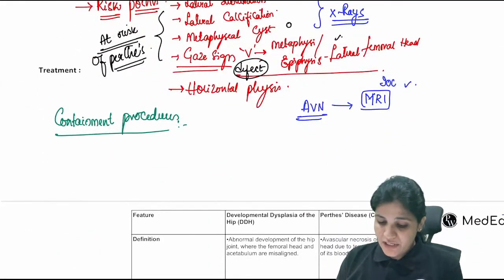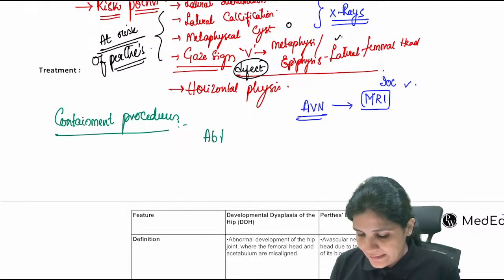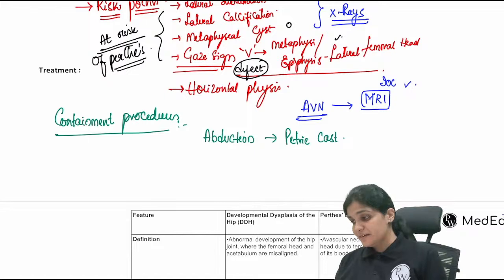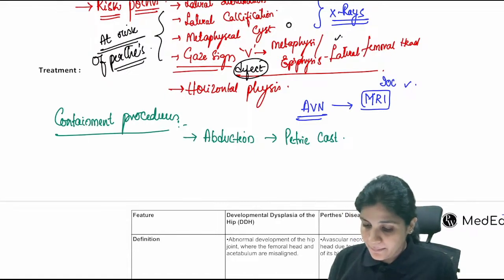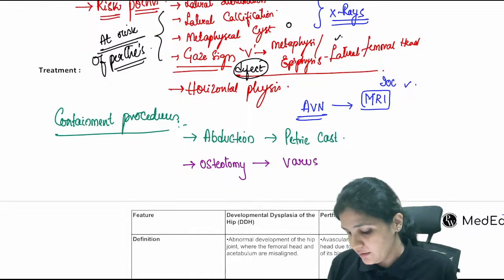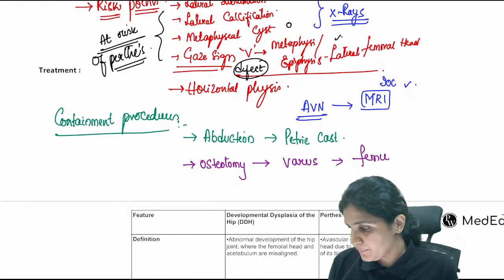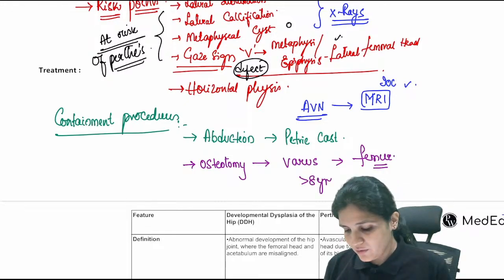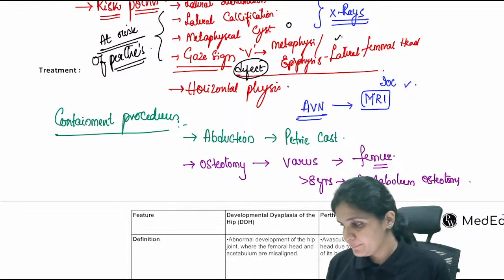And the containment procedure, as I've mentioned, is that you always put the limb into abduction. So this is done by Petrie's cast, right? It is done by the Petrie's cast. And again, what you have to remember is we do it with osteotomy. So here we do a varus osteotomy for the femur, right? If the patient is more than 8 years, then you can go for a